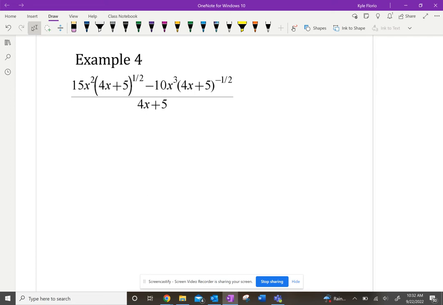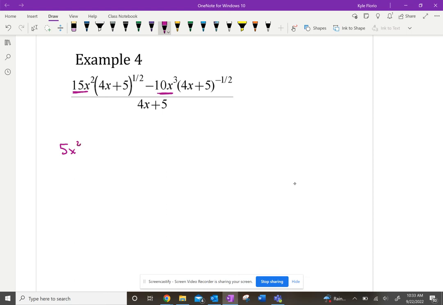This is one of the more important ones that we're going to do, because when I said we're going to do this calculus stuff to a function and end up with something that we just have to simplify, this is the something that we have to simplify. And it's pretty abstract, and I'm going to give you guys some practice with it in class for sure, but I want to factor something out of the numerator, and there are a couple things I can factor out. First, I see 15x squared and 10x cubed, so I can factor out a 5x squared out of that,